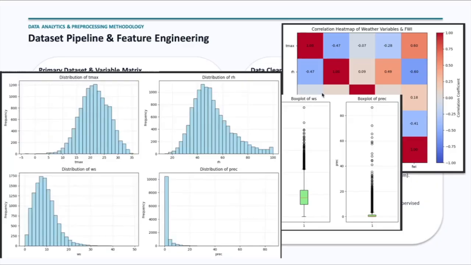Finally, looking at the bar charts, these visuals summarize the average values and overall distributions across our weather metrics. Each bar simply represents the average or total frequency of a specific variable across the data set. And what this tells us is that while the bar charts give us a clear baseline for what typical weather looks like in this data set, they show that high-risk weather events are relatively rare compared to normal days, which highlights why we need a clustering model, K-means, to pull those rare high-risk days out of the background data.